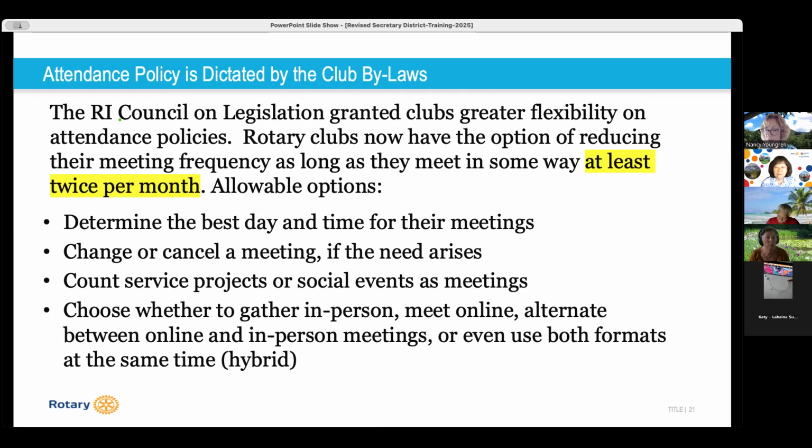We just did a survey in our club, in the Rotary Club of Honolulu, and asked people how often they wanted to have lunch, how often they wanted to have pauhanas, how often they wanted to have service projects, how often they wanted to have Paul Harris days. So it's helpful, I think, if you're not sure what's the best way to get your members together, if you just do a short survey and see what they say. It could be that because of, say, work requirements, people can't always make a lunch meeting, but they're happy to do more pauhanas, and that's another way of meeting the requirement for the meetings that accommodates your members' needs.